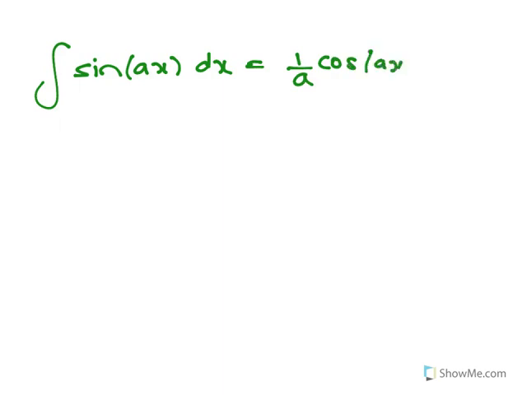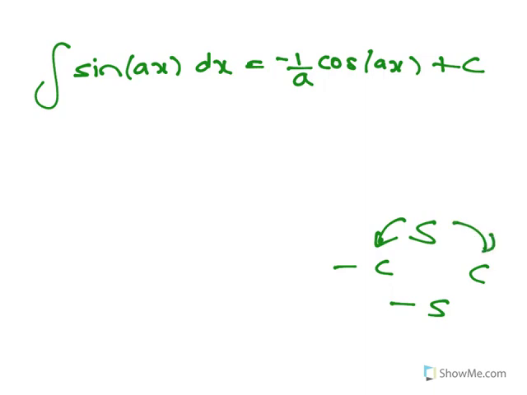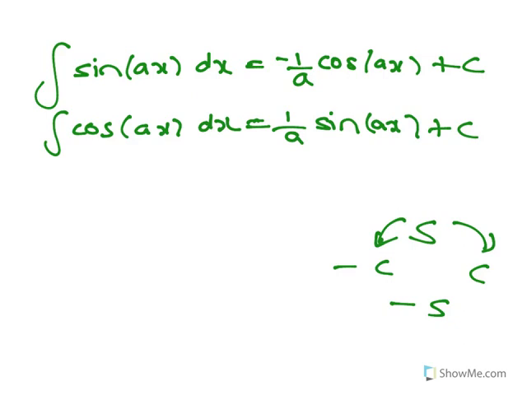A simple way for simple ones, which isn't on your formula sheet, would be, if you integrated sine, to just make it 1 on a cos ax, and it'll be negative, because sine goes to minus cos. When you integrate sine, it goes that way to minus cos, and it differentiates that way. The integral of cos ax dx will be 1 on a sine ax plus c,